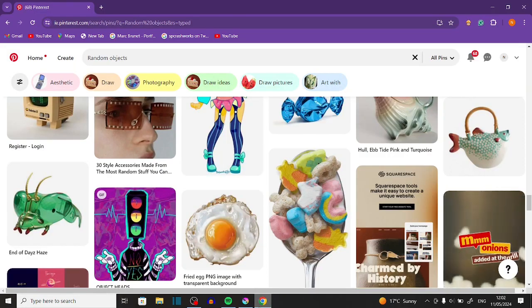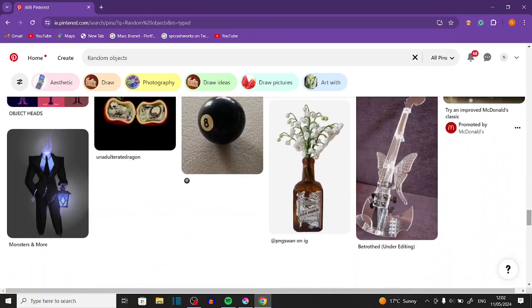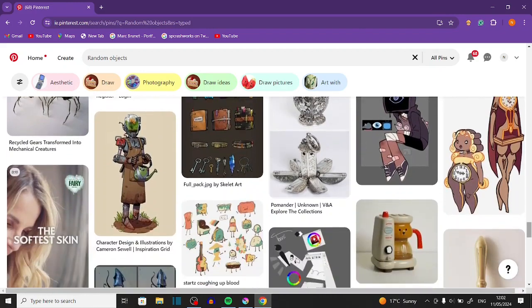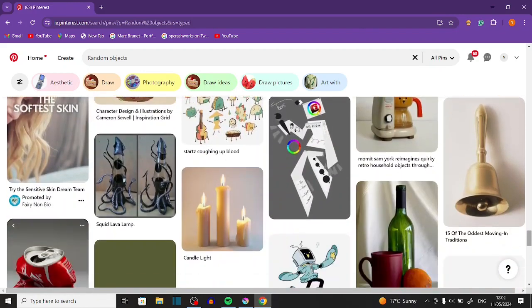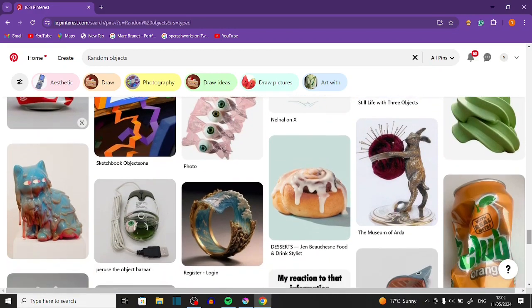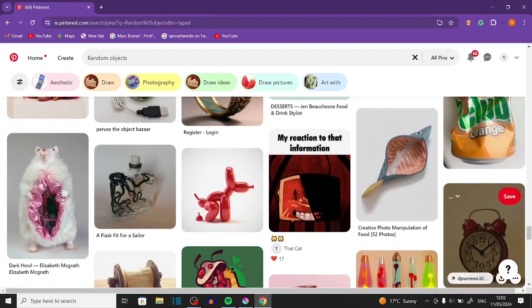Okay, so we are back in the random object section of Pinterest. And I think I'm going to run it how I did last time, where the more serious faction is more serious objects, and then obviously the less serious faction is less serious objects.